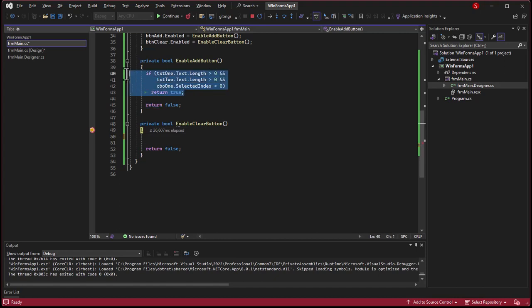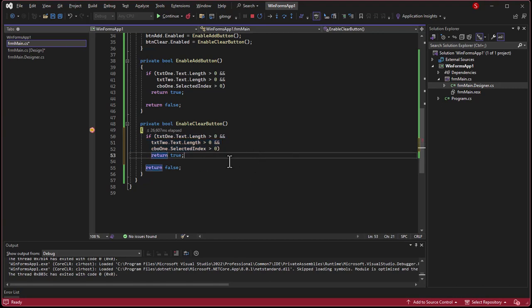I'm going to grab that and copy it here. But this needs to be ors instead of ands. So if any of them have a non-default value,